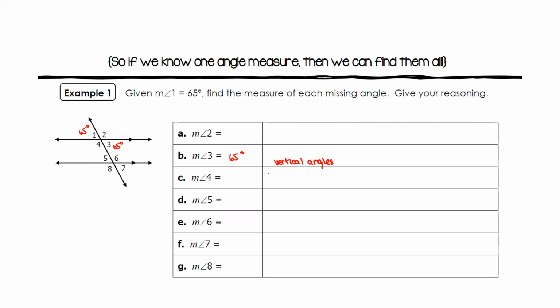All right, and there are many different ways we can approach this. For example, let me use a highlighter. We know that angle 1 is corresponding to angle 5, right? And we said corresponding angles are also congruent. That means the measurement of angle 5 is also 65 degrees. So the measurement of angle 5 is 65 degrees because it's corresponding